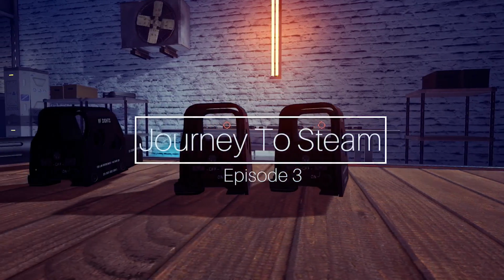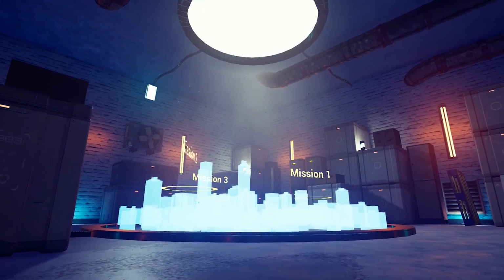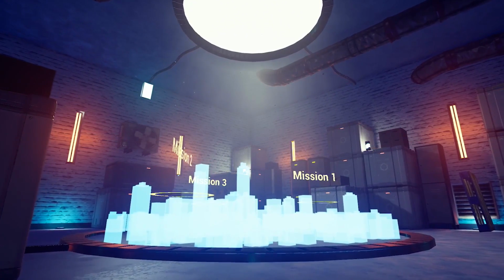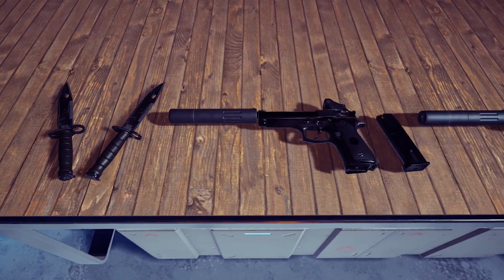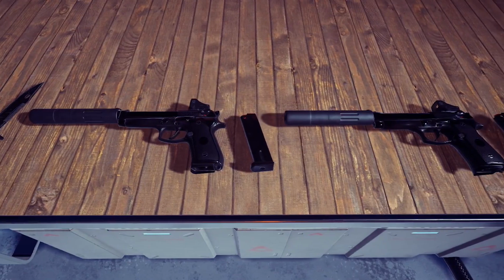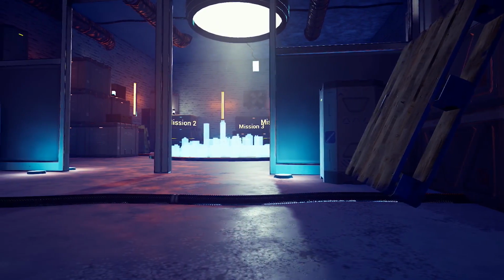I've been working a lot on the world design and specifically I've been developing the hub location. In this video, I want to show you what I've accomplished and walk through each of the areas with you, breaking down what they are and how they were created. Let's have a look at the hub world.